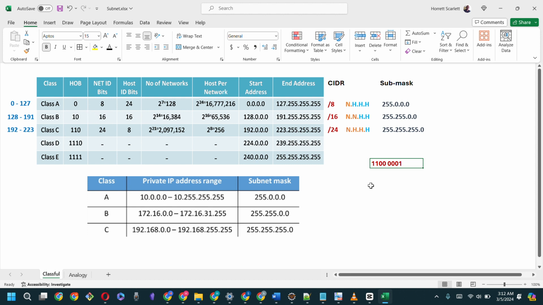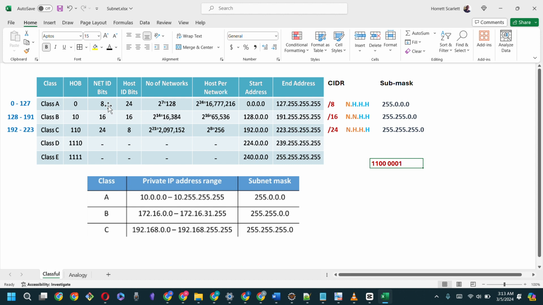The other thing that we want to understand is that, and we have said this before, the subnet mask will allow us to know how many bits are associated to the network portion. In other words, how many bits will determine the network ID. And for a class A, that's going to be 8 bits. For a class B, it's going to be 16 bits. And for a class C, it's going to be 24 bits. So we are talking about the first set of high order bits that we're going to have. So the first 8 bits,